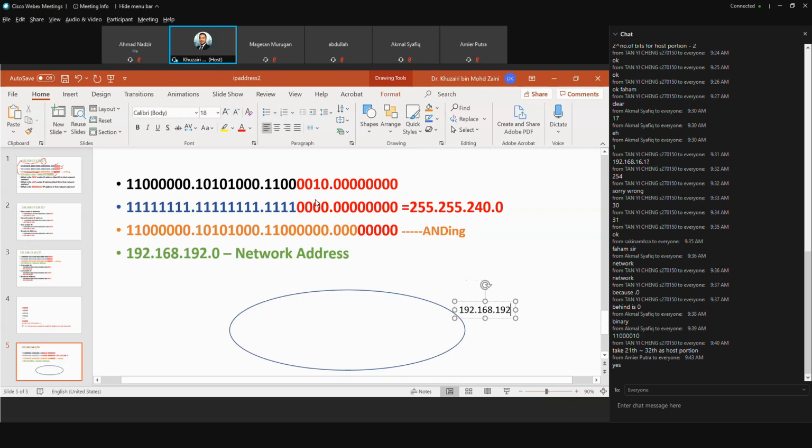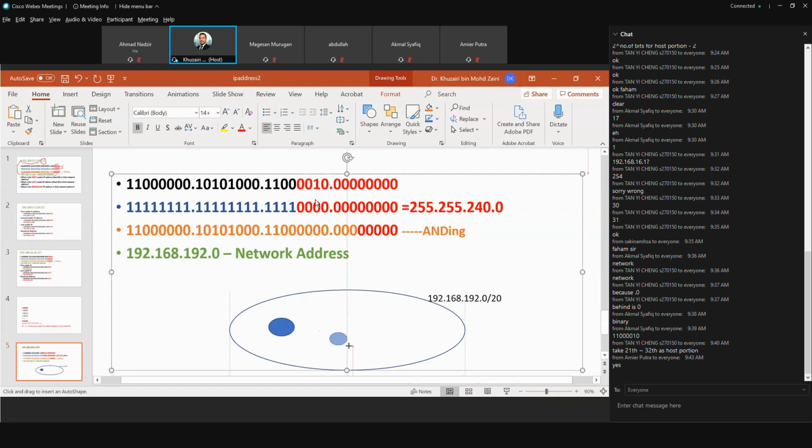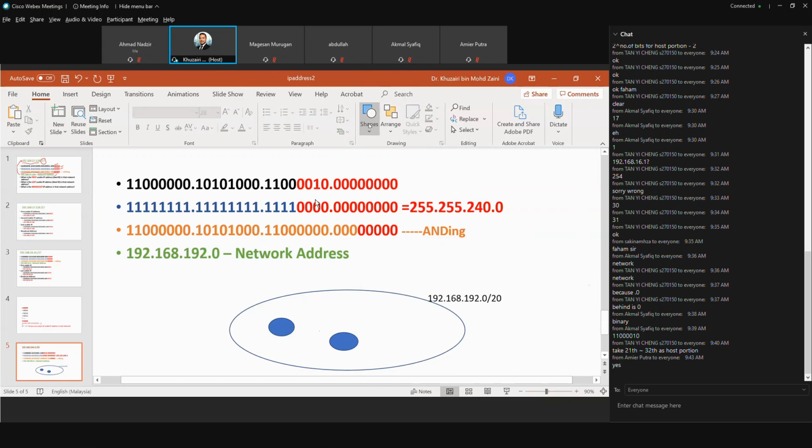192.168.192.0/20. So this is the network ID. The network ID, you have one network, and then inside the network you have your PC, your PC. So, okay, that one will become